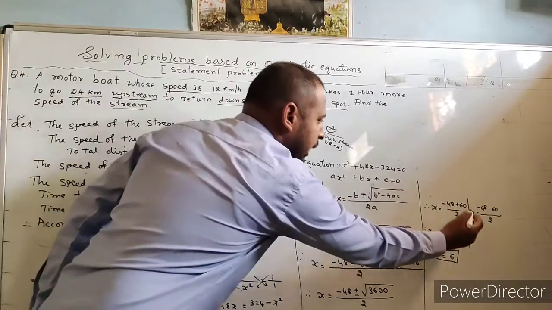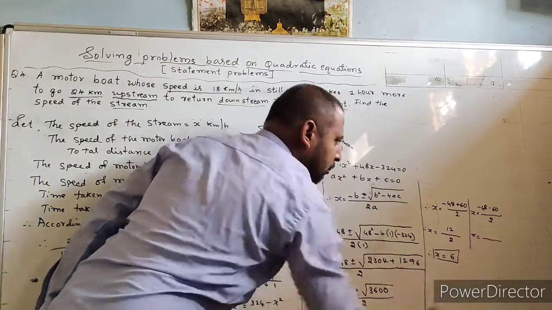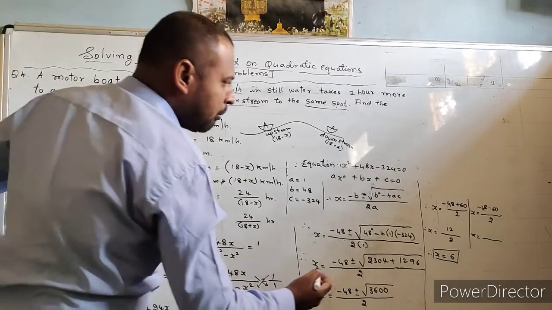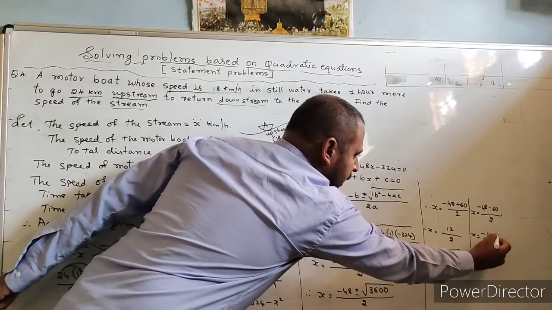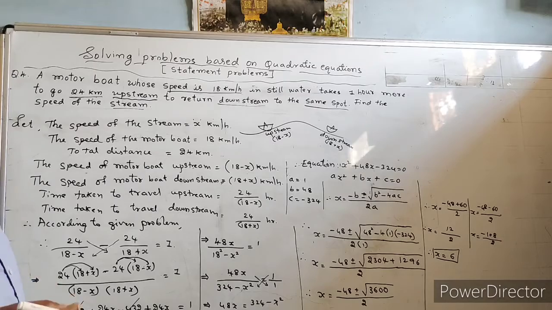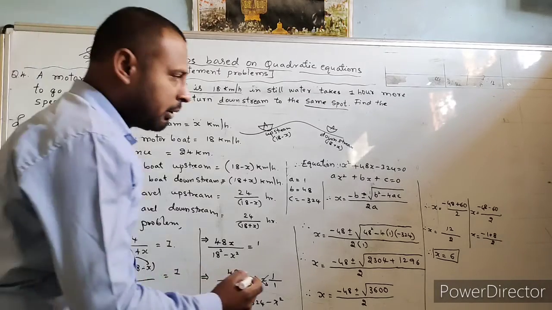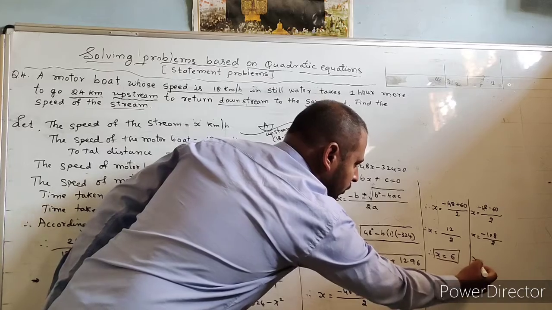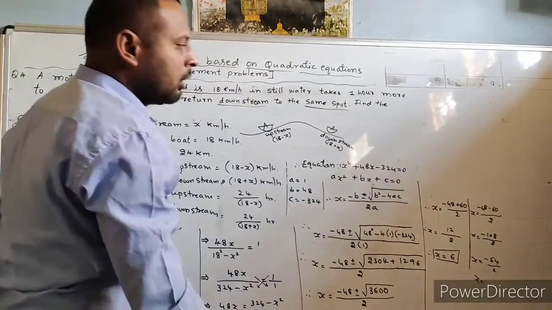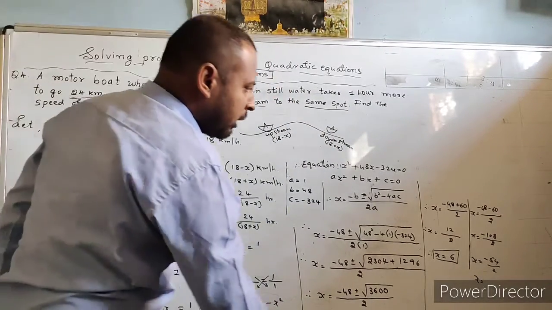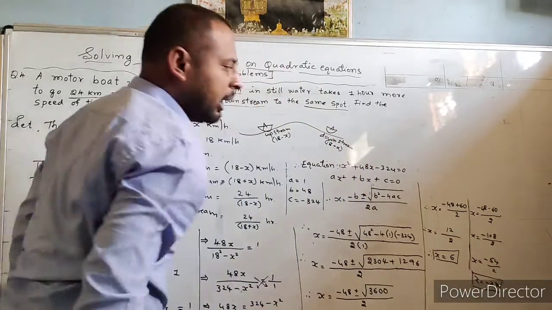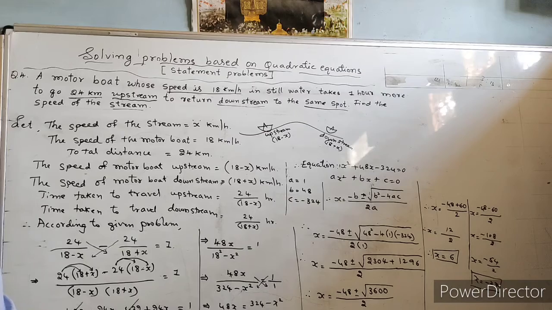So on the other hand, both are negative values. Therefore x is equal to minus 48 minus 60. What result do we get? Minus 48 minus 60 we get minus 108. Now minus 108 divided by 2. What result do we get? 2 5s are 10, 2 4s are 8, minus 54. Therefore x is equal to minus 54 divided by 2. 2 2s are 4, 2 7s are 14. So minus 27. So another x value we can get is negative, that is minus 27.